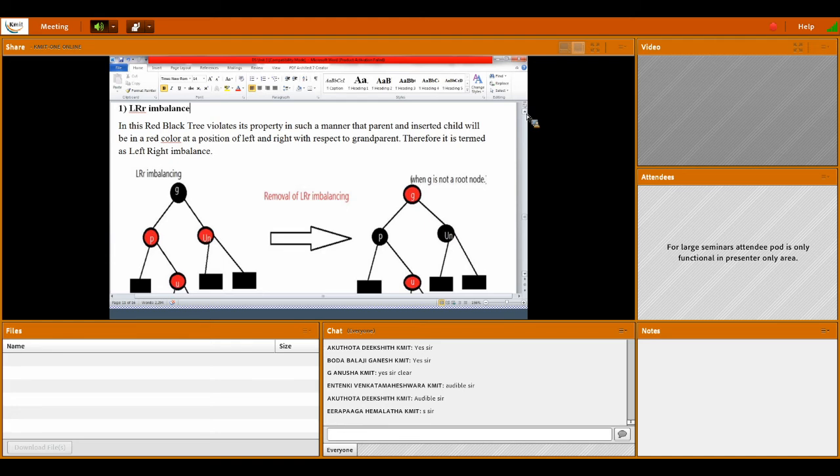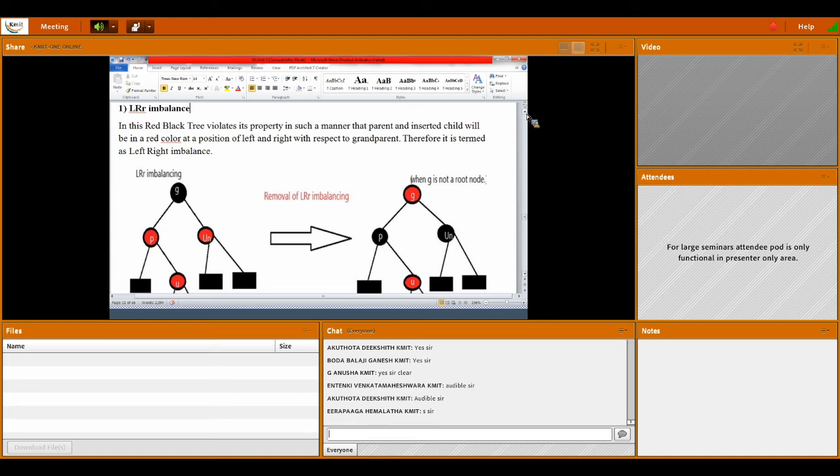So it is now imbalanced. It is not a balanced tree. It is not satisfying the properties of the red-black tree. That's why we will call it a left-right imbalancing with respect to the grandparent. That is the underlying point. Therefore, it is termed as left-right imbalancing.